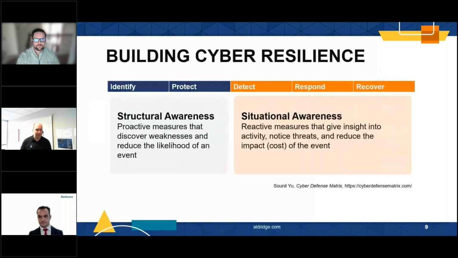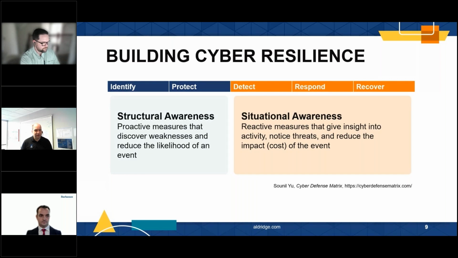From a resilience standpoint, there's this concept of left of boom, right of boom, and you might be familiar with those 5 steps in that timeline across the top. That's part of the NIST cybersecurity framework that a lot of security people subscribe to. The idea is that you have to identify, know what's in your environment. You put layers of protection around the assets that are in your environment. And then between protection and detection, if you detect something that's unusual, you then have a process to go into